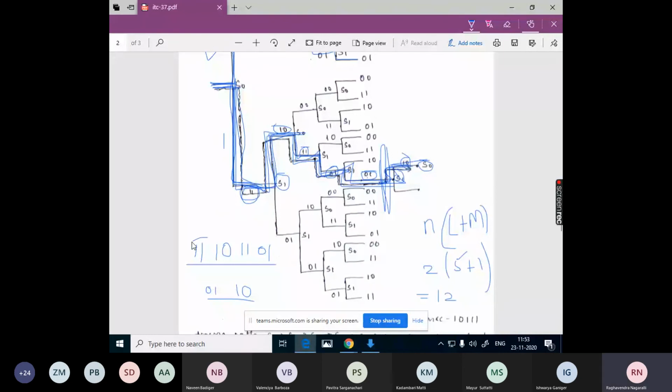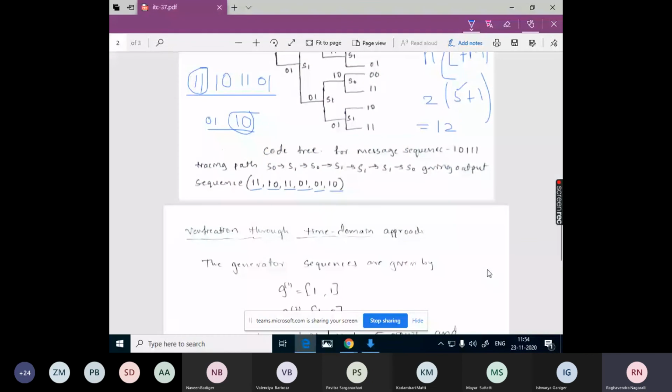If 1 1 is the received bits, or if 0 1 is the received bits, then we will trace back this code tree like this. So any doubts in this example?